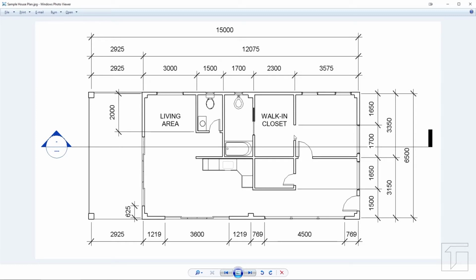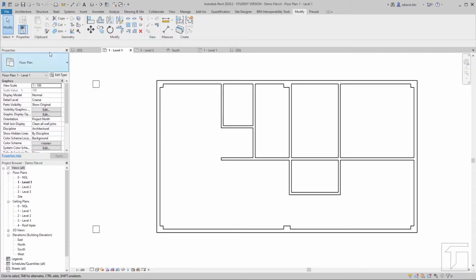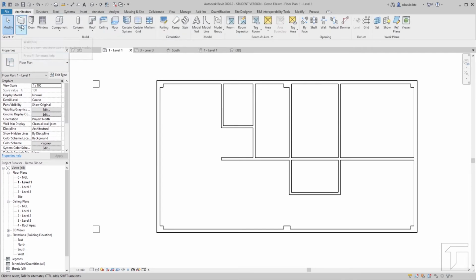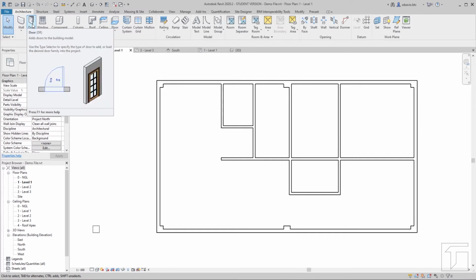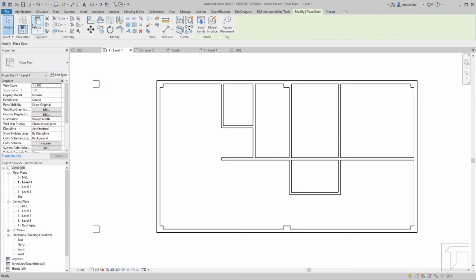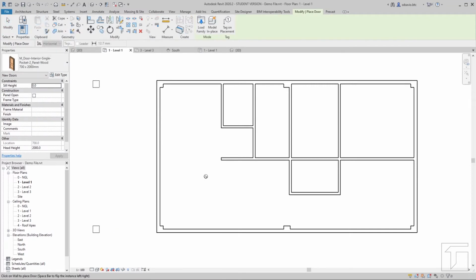So a wall opening is not a door, but it's just a pass-through, and I'll show you how to easily draw that. So let's now go back to Revit. So the door command is again located on the architecture ribbon menu, and right beside the wall command is the door. The shortcut is DR. So we just click to execute that, and then the first thing we'll draw are the sliding doors for these